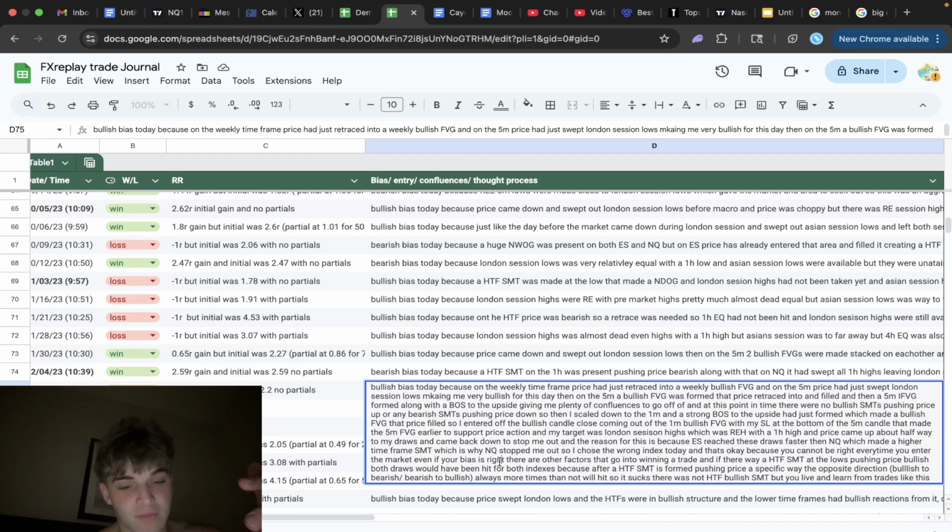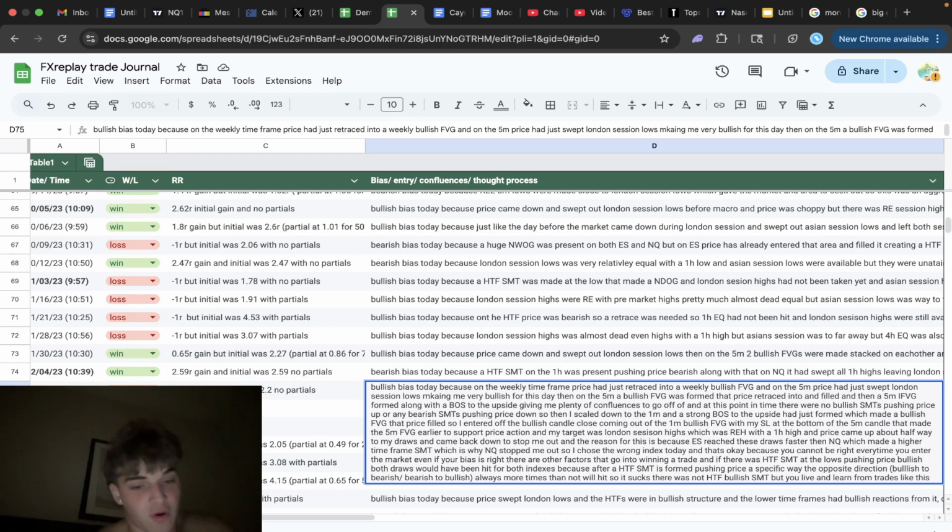Looking back at my writing in some of these trades, it's like I'm typing so fast because I'm trying to get everything out of my mind. But even if your bias is right, there are other factors that go into winning a trade. And if there was